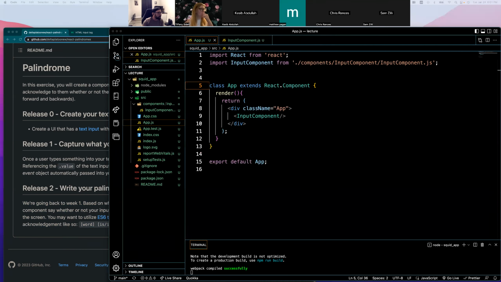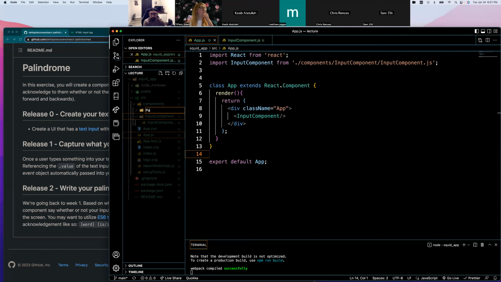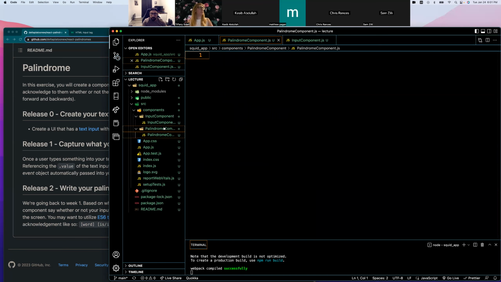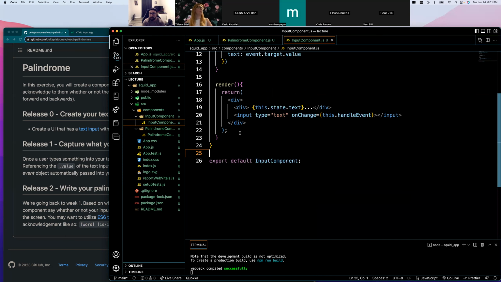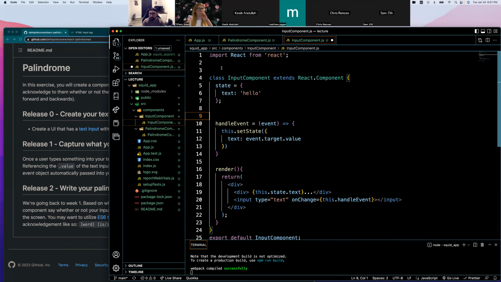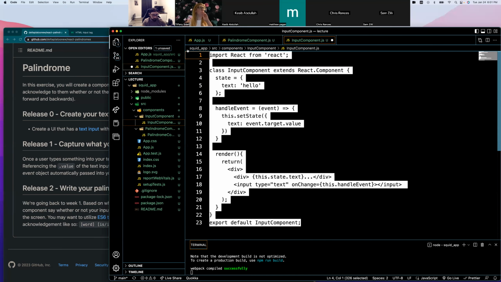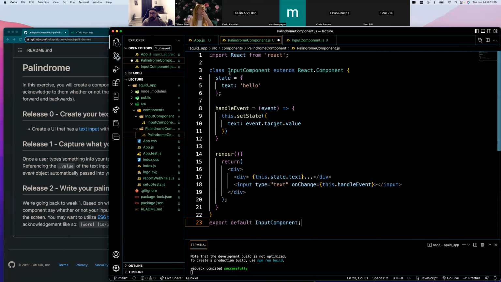So let's create a new component within this folder. I'm going to call it palindrome. New file, palindrome components. Gotcha. Yes. Wonderful. If you don't know where to start, always not a bad idea. Just copy what you've done in the past, right? Your components are all going to have a very similar kind of convention how you start them. So I'm just going to copy everything from input component, slap it in a palindrome component, and everywhere I see